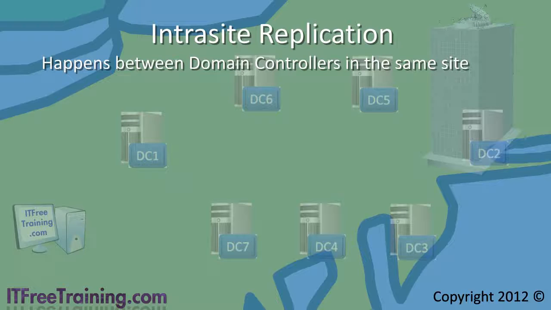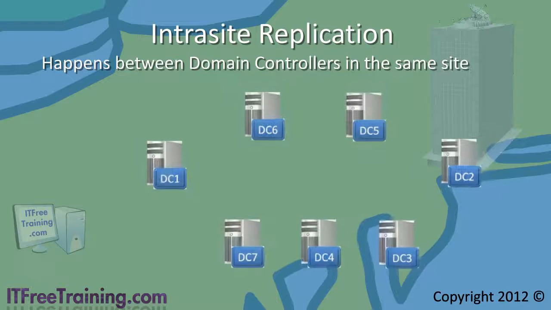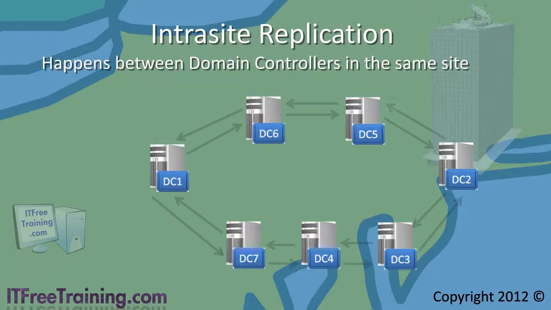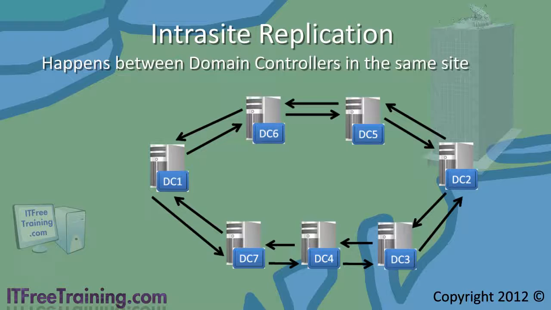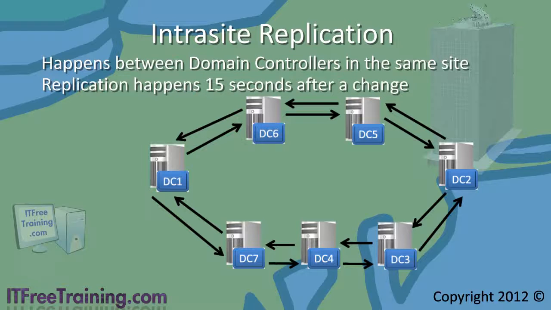You will be happy to know that Active Directory handles this kind of replication without any configuration. It does this by connecting all the domain controllers in that site together in a ring. You can see that the 7 domain controllers are each connected to 2 other domain controllers. This gives some redundancy and also reduces the number of connections required in sites with a large number of domain controllers. In Windows Server 2003 and above, intra-site replication will start 15 seconds after a change has been made on